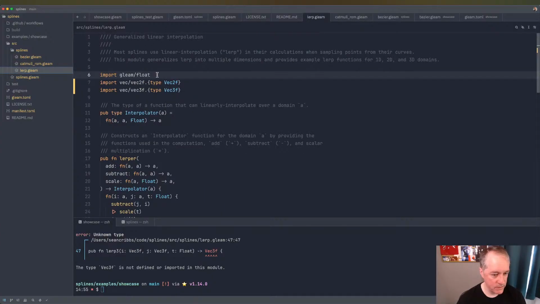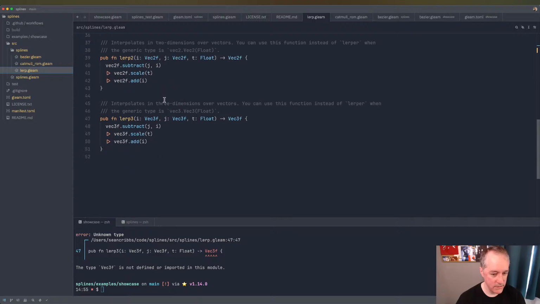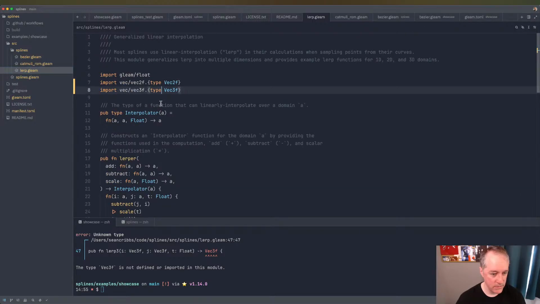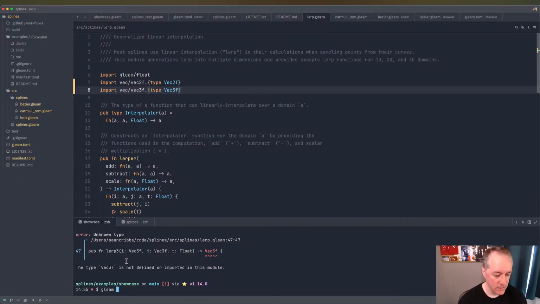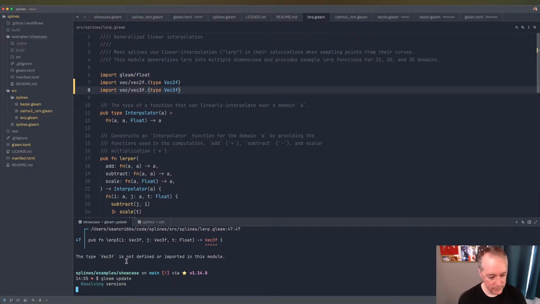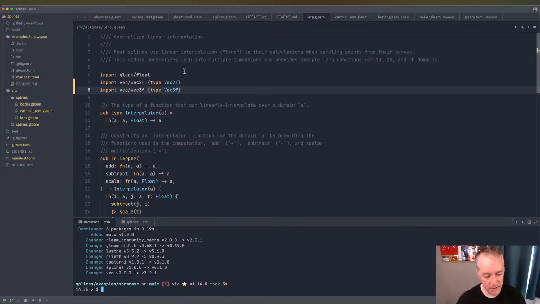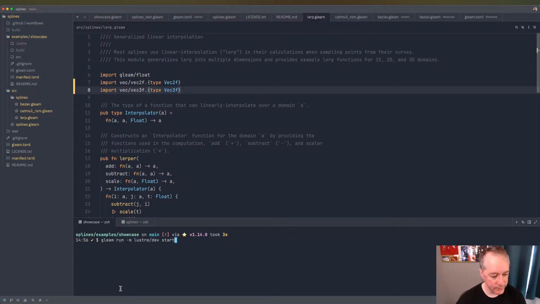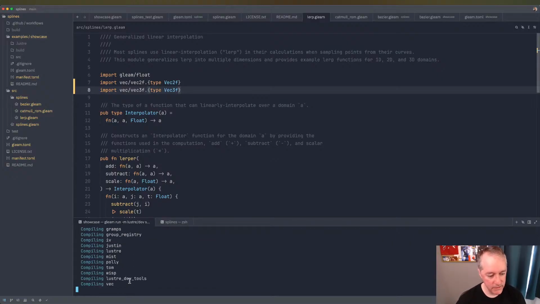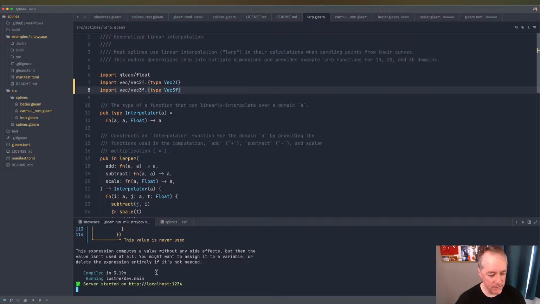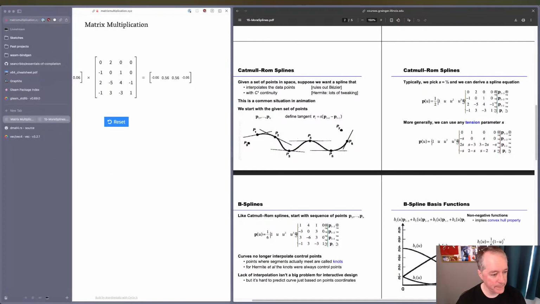Okay, lerp, what's wrong? Are you okay there? Oh, I think it could be that the manifest needs to be updated. Yeah, see there, it's upgrading a bunch of things. Okay, now it's going. Got some warnings, that's fine. But if we go to localhost, okay, so there's our catmull-rom, and that's using